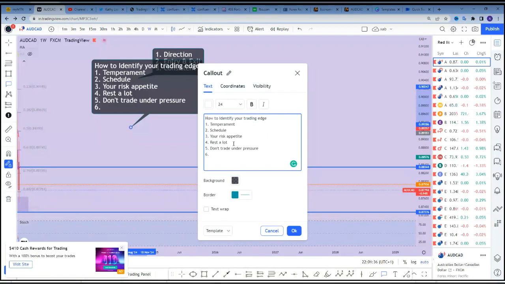But some of you here, you are on a signals group, the VIP group, or whatever group you're on. You've made 10% in one single day. You've made 8% in one single day. But you still don't close out. Or you still look for more because you feel like it's too small.